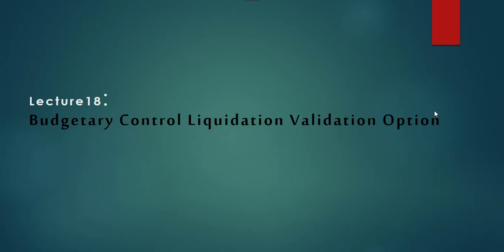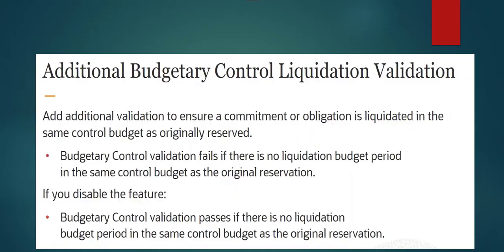In this topic we are going to have a look at the feature additional budget control liquidation validation. This is another one of our enterprise options which we see in our manage budgetary control page. So you can use the additional budgetary control liquidation validation feature to fail budgetary control validation when the liquidation of